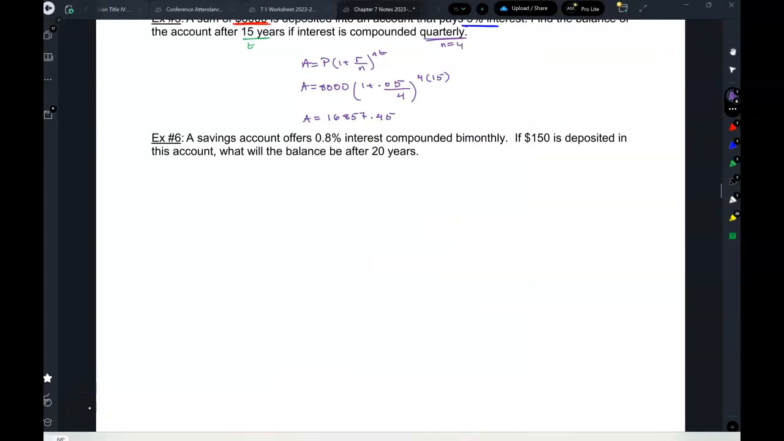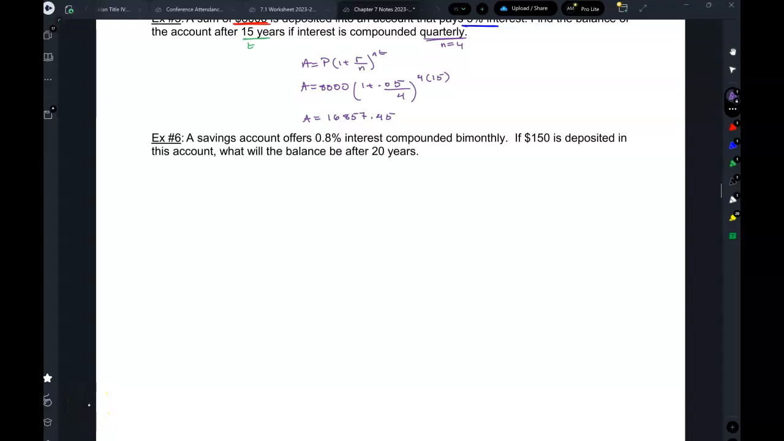So a savings account offers 0.8% interest compounded bi-monthly. So let's just talk about this for a minute. Bi-monthly means n equals 6. Now, let's take a look at this interest here. All right. So it says 0.8%. So the rate is